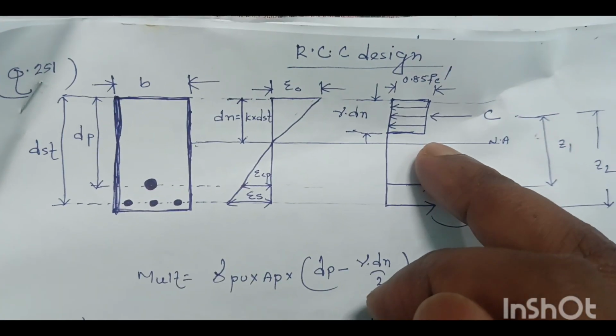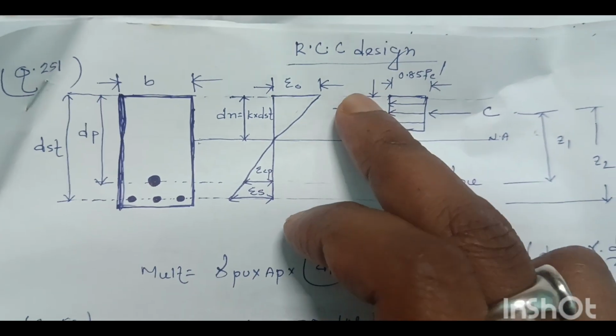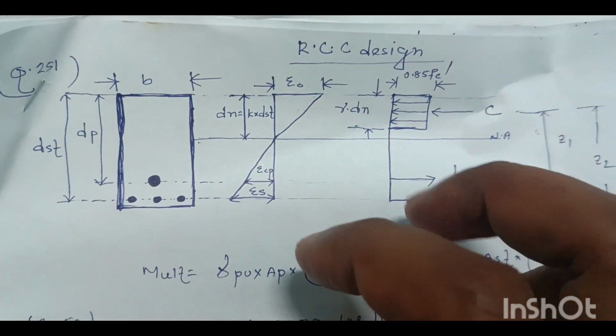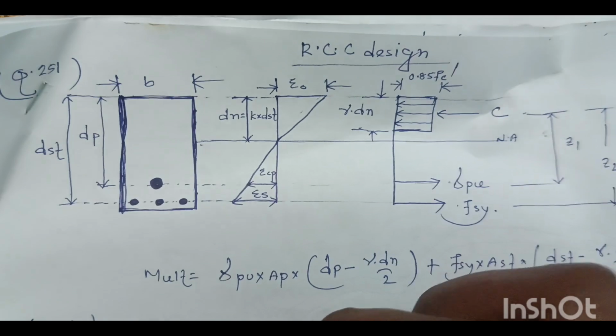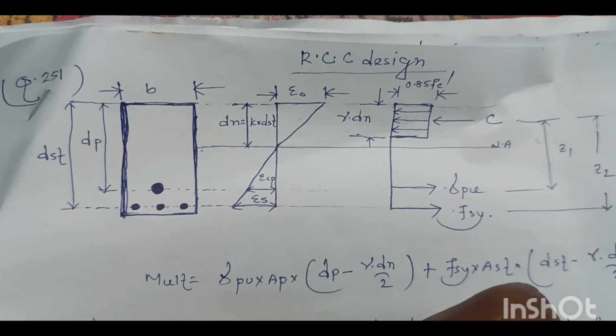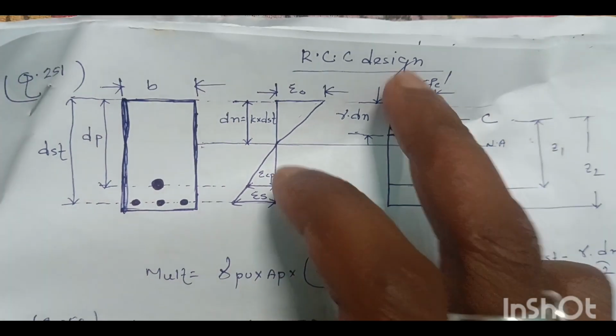Here is the stress diagram of this section. This is the stress block. Okay, the depth of the stress block will be gamma into dn. Dn is the neutral axis depth from the top of the beam section. Gamma is the factor that is dependent on the concrete strength, and its value varies from 0.65 to 0.85, and